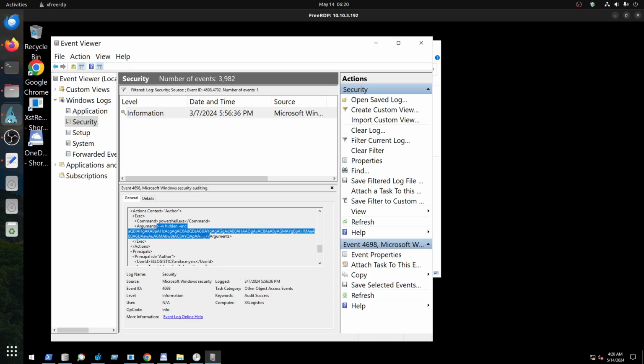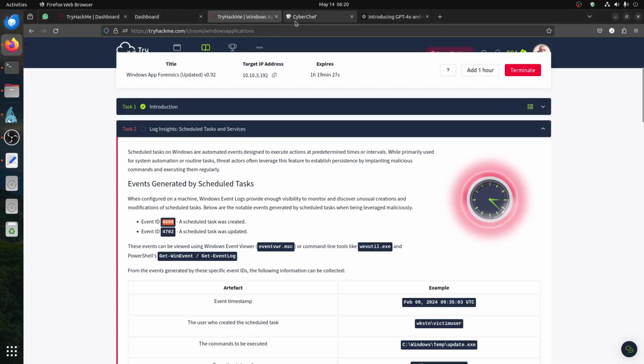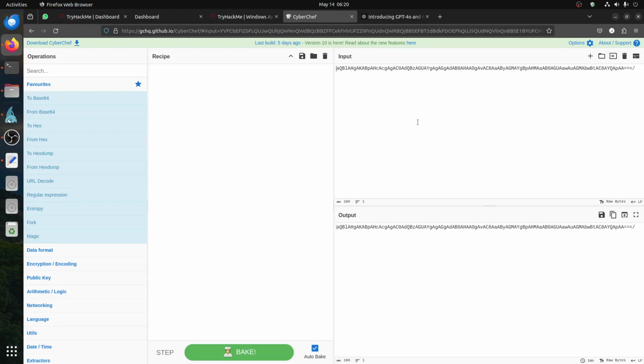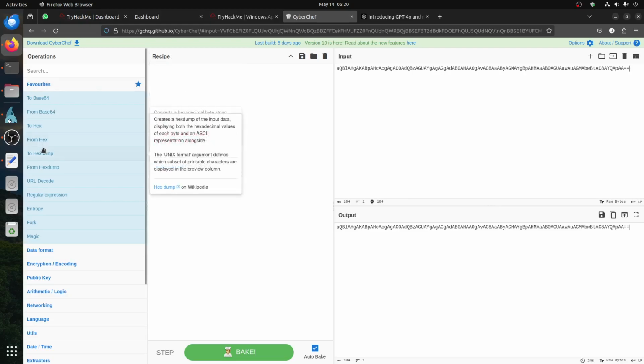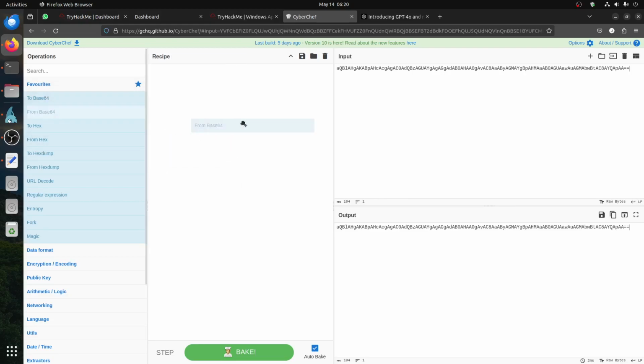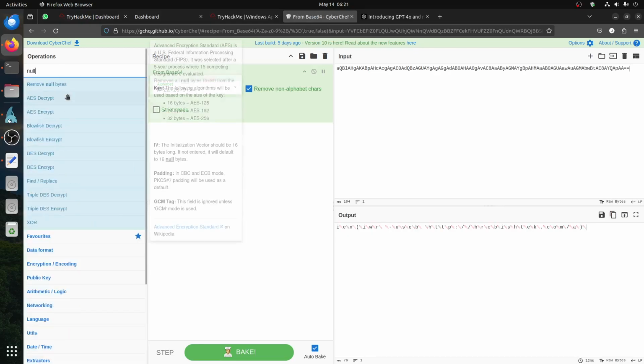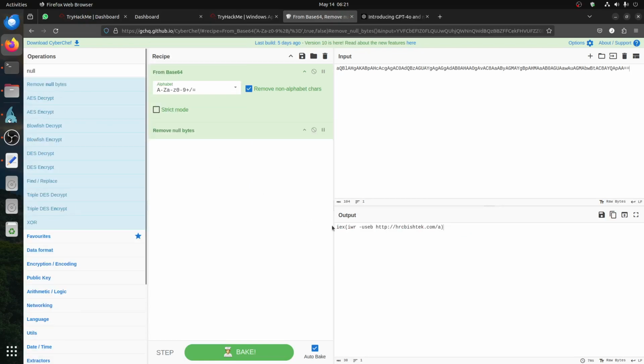This is the command for the event. It's a PowerShell encoded command, so we can use our friend CyberChef. We remove the part that I don't need. Now you say From Base64. Where is Base64? You can do it in PowerShell, but I don't like PowerShell, too many commands just to do Base64. And then you can see it's downloading